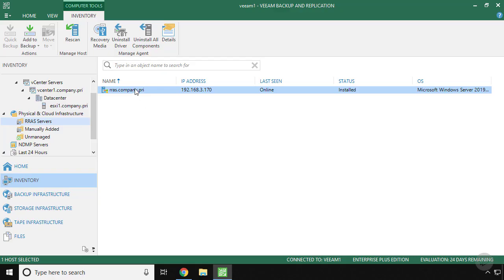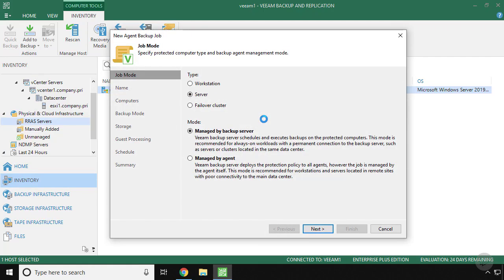And so with this agent on this machine, let's go about adding it to a new backup job here. These types of backup jobs, because they are agent-based, have a slightly different wizard that we have to take a look at here. You can see here that we have workstation type jobs versus server versus failover cluster jobs right down here. And depending on which one we choose here, we can also determine who actually manages the processing then of this backup job. Should it be managed by the backup server, or should it be managed by the individual agent on that machine? Now, for the most part, most servers are going to be always connected there to your local area network. And so the backup server in this case, our Veeam backup server, is probably the right actor